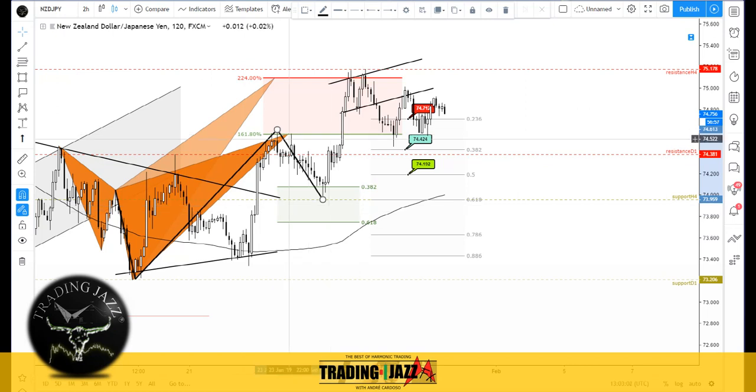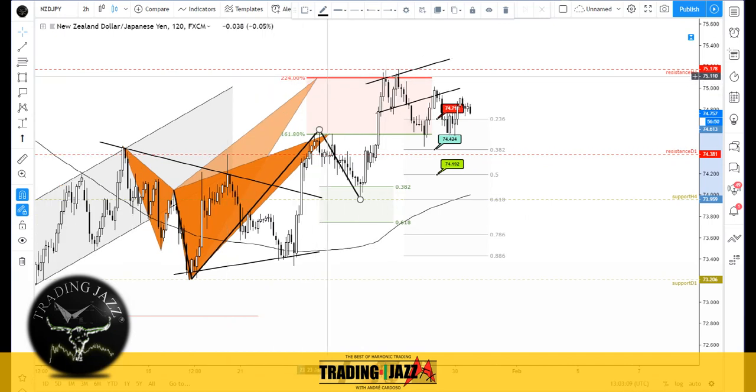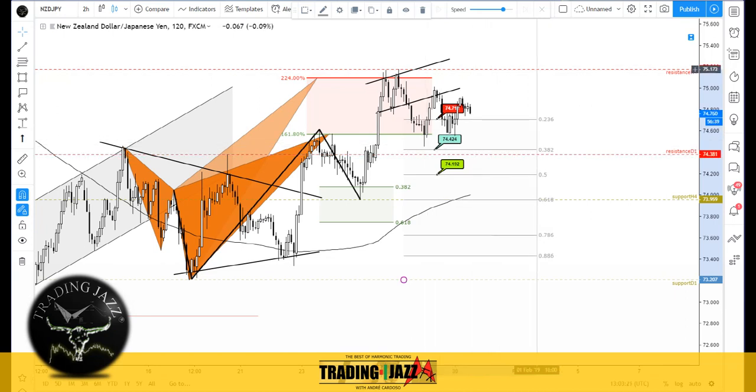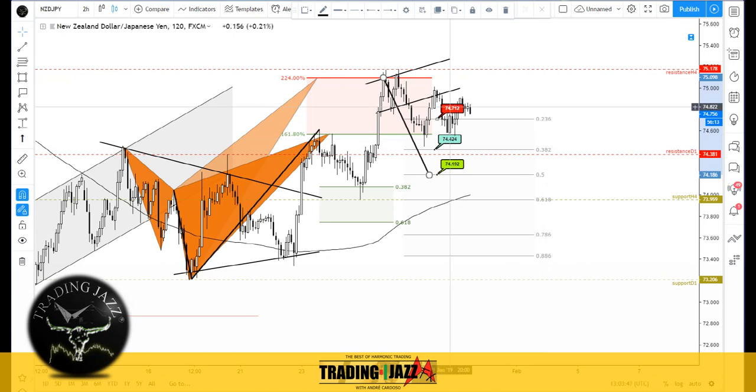So we have kind of a bullish 5-0 pattern as sequence from the previous shark pattern. Bearish shark will produce a bullish 5-0, new highs above 224 extension, another shark pattern, Fibonacci ratio, and this one is now trading. It was trading very close to the minimum expectation for the pattern. There's always a Fibonacci level where usually the price will try to search for, and that is the 50% retracement when we talk about the shark pattern. But if we need a minimum, I will use the 38% retracement. Okay, the minimum, and the one that I use to start partitioning my trade, to start to break even my position, to start